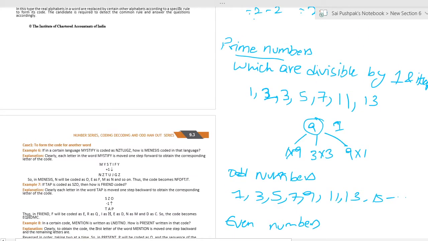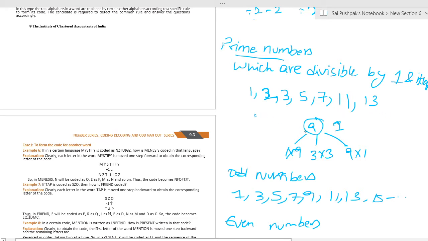So guys, many people are not very comfortable with mathematics. That's why I'm touching the basics also. So what is a prime number, guys? A prime number is a number which is divisible by 1 and itself. If you see 2, 3, 5, 7, 11, they don't have any factor other than 1 and itself. 2 is divisible by 1 and itself. 3 is divisible by 1 and itself. Similarly with 5, 7, 11, 13.